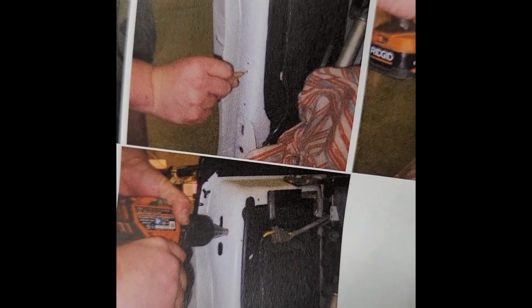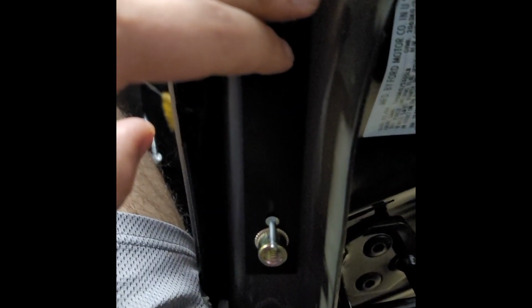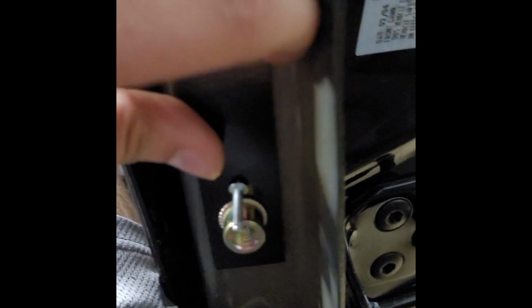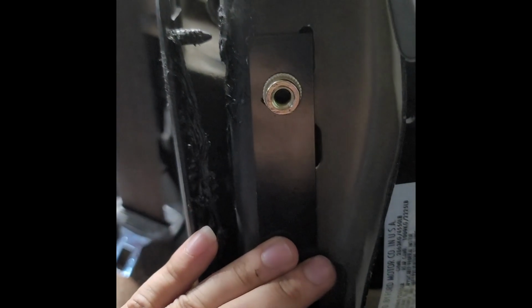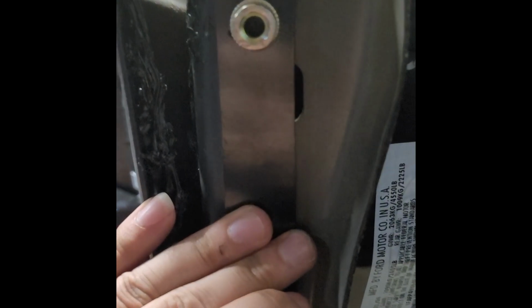So I'm gonna go ahead and mock mine up, and let's see how it goes. Alright, so the way they say to mock it up is there's this rivet that they supply, and there's a hole back here that you place the rivet in, and then mock up the bracket parallel to the side right there, and then you mark your hole. So put your Sharpie in there, and that should give you your placement to